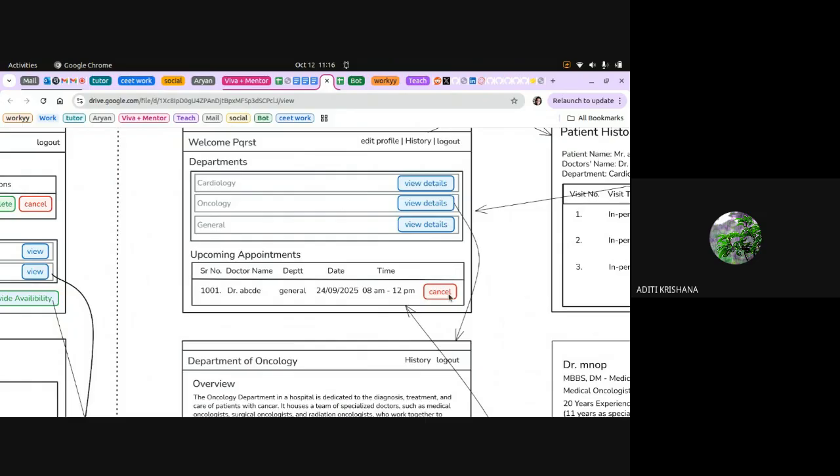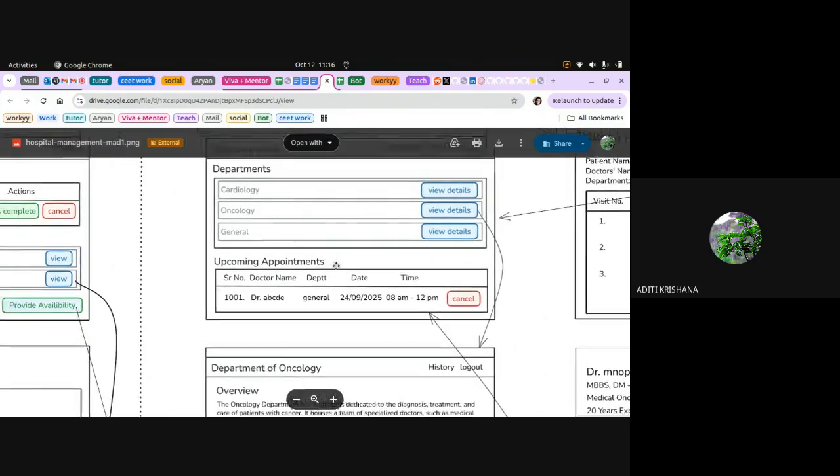In block we are not able to log in. So when the patient cancels, the upcoming appointment will disappear from the patient dashboard, and in the admin dashboard the appointment will have the status as cancelled, and similarly in that ABCD doctor's dashboard as well, the status will be shown as cancelled. Okay. So this is one part.